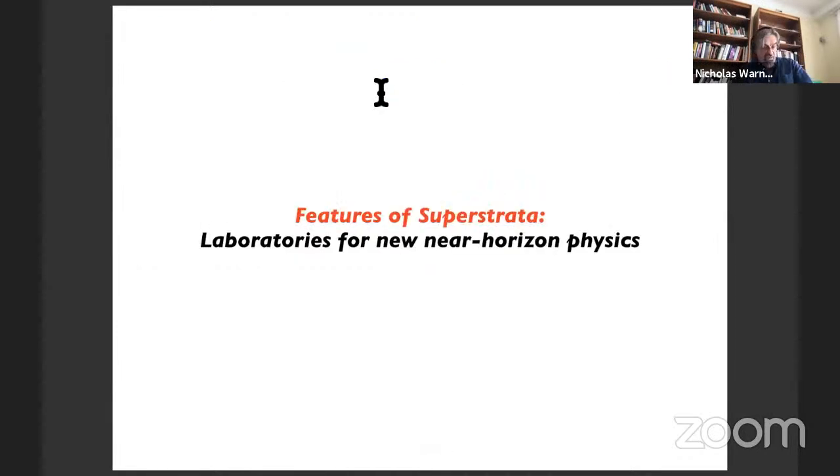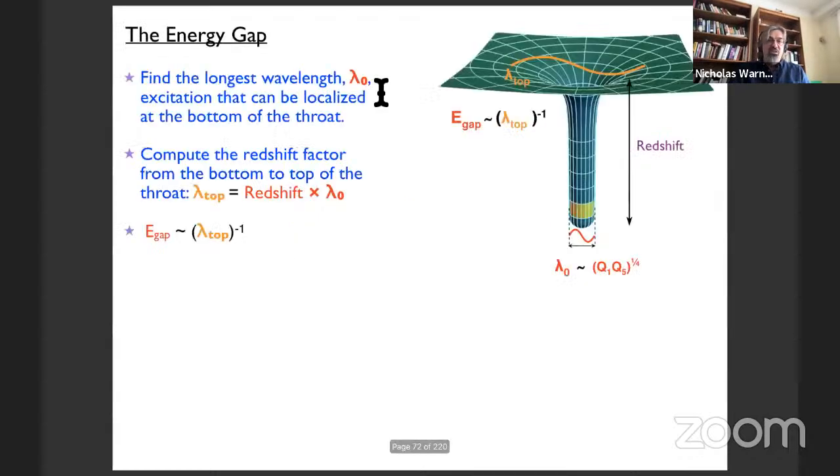Okay, so as I've said, the important thing about superstrata and the fact that we can construct them is that the other point I really want to make here is that they're very, very useful laboratories for studying near horizon physics. I'm just going to give a broad brush outline of some of the uses. And one of them I've said many times, so I'll be very brief. The first triumph of this sort of stuff is that it gets an energy